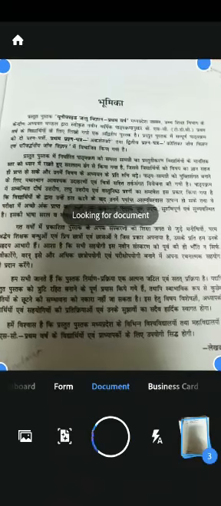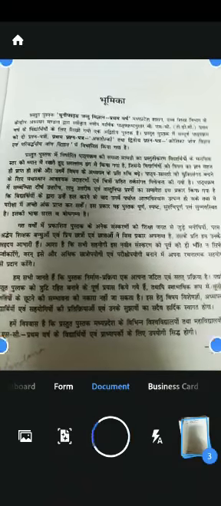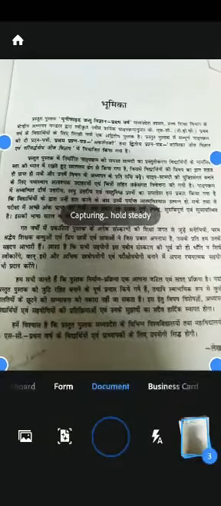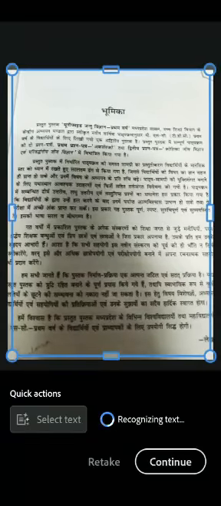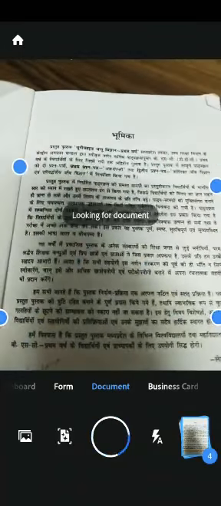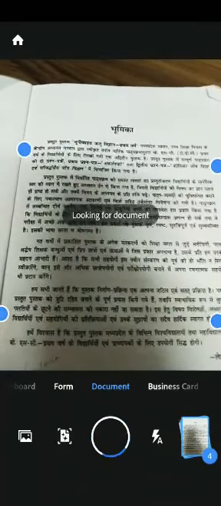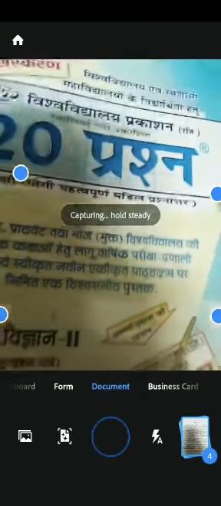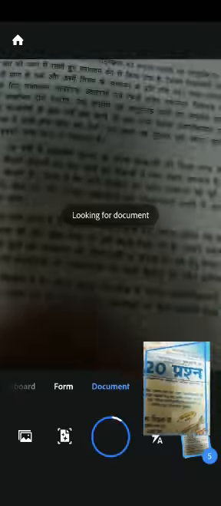Then again image. Then again it will create the border, then again continue. So my dear students, like this you have to take the image. Like this way you have to take the image, and just adjust the border if you want, and just continue.